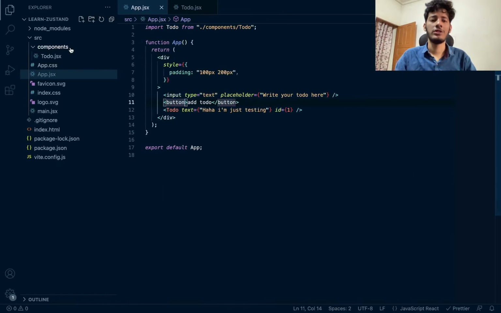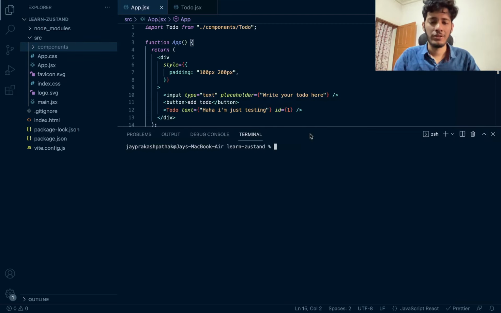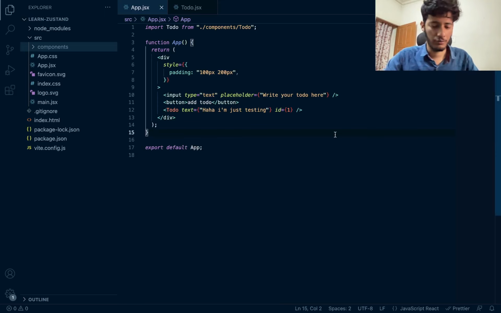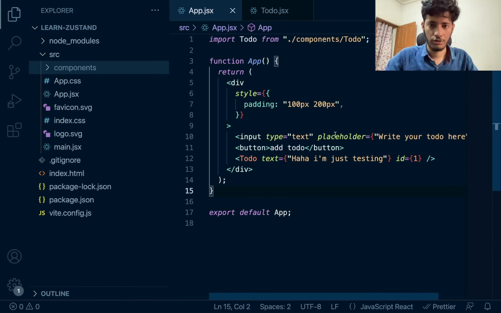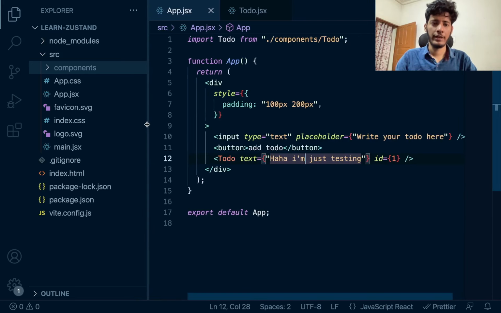Now, first of all, to use Zustand, you need to install Zustand. Very logical, right? Okay, so first of all, let's open terminal. So you can open terminal in VS Code by pressing control backtick. What is the backtick? It is the button which is to the left of your one most probably. Okay, so let's install Zustand. By the way, this is too small to watch, so let's make it a little bit bigger. This is nice, right?